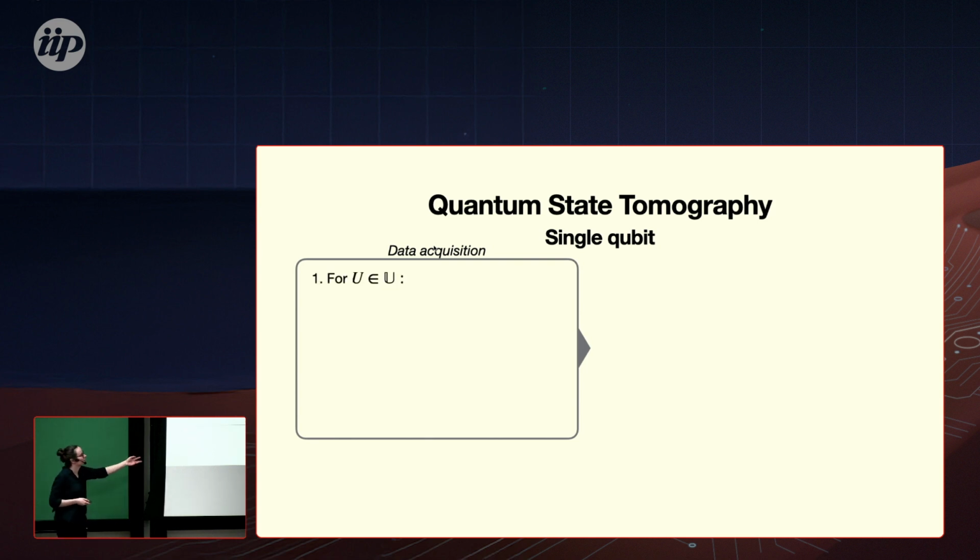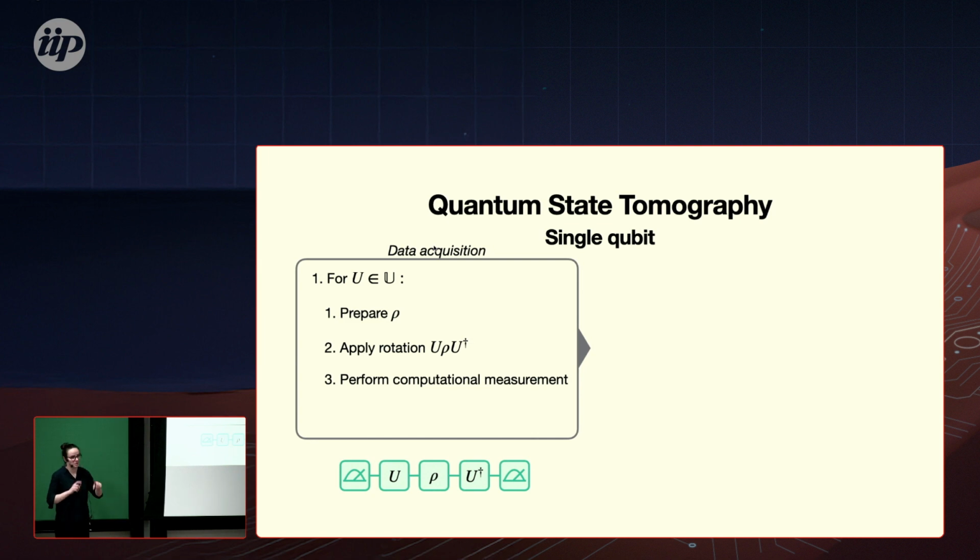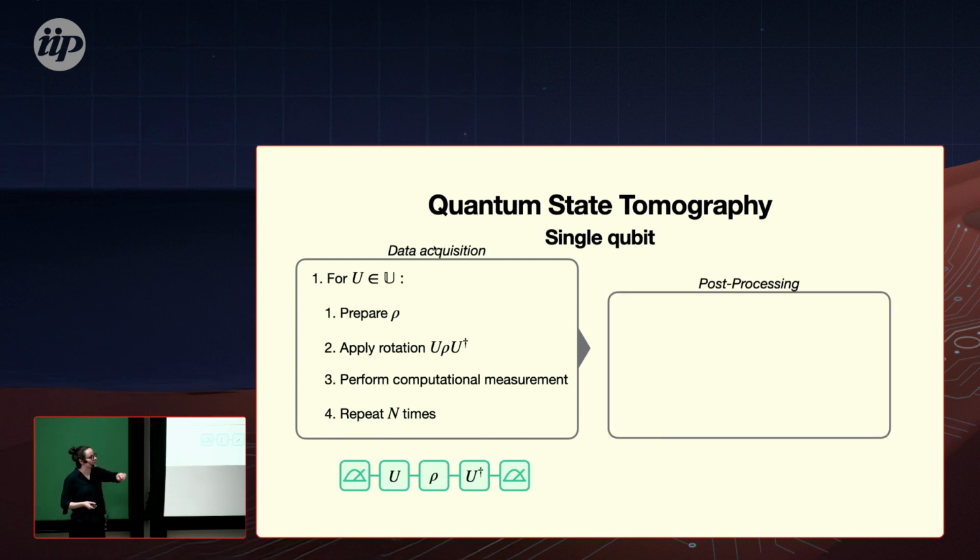And in general, a quantum state tomography protocol would look like this, and this is the easiest one. There are of course so many variants that are much more elaborate and better, but this is one of the most plain quantum state tomography protocols that I could think of. So for every U in these three U's that we just looked at, we first prepare our quantum state, we apply our rotation, which for the Z is doing nothing, but it's also a rotation. Then we perform the computational measurement, and we need to save the outcome, and then we repeat this many, many times. After we've done this, there's a post-processing step.